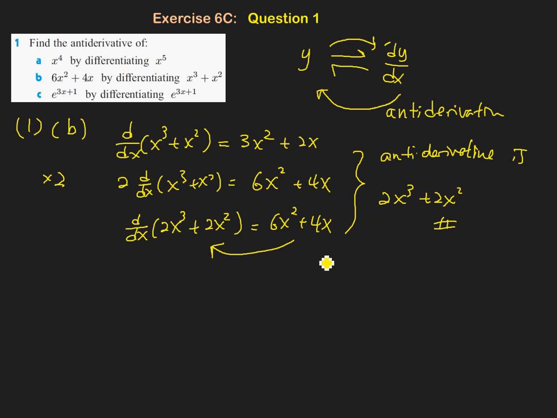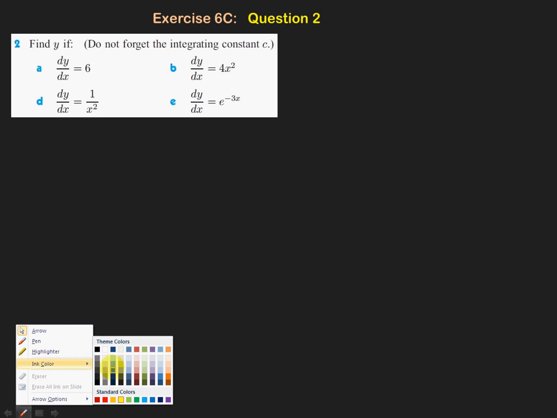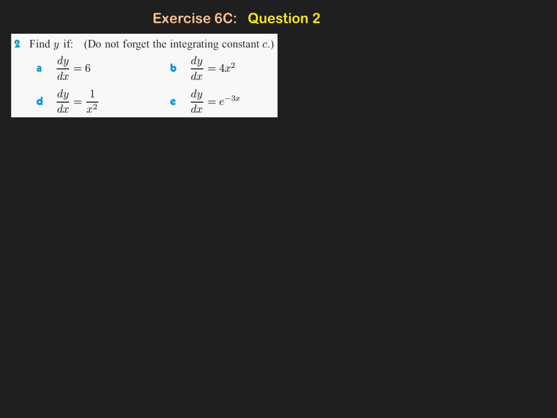Now let's move on to another question. Same exercise. 6C2. Let me get a pen on. The second question, so let me choose one. How about this one? And when we differentiate an expression, especially a constant, now look at this. So y, say, x squared plus 4. If you differentiate this,